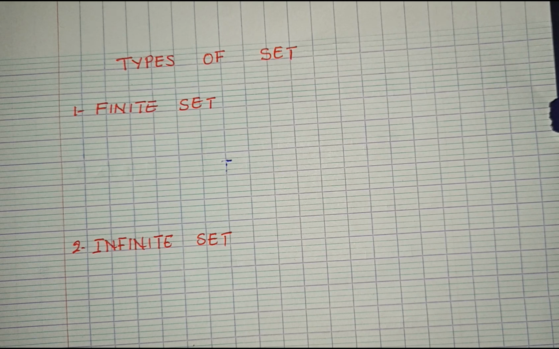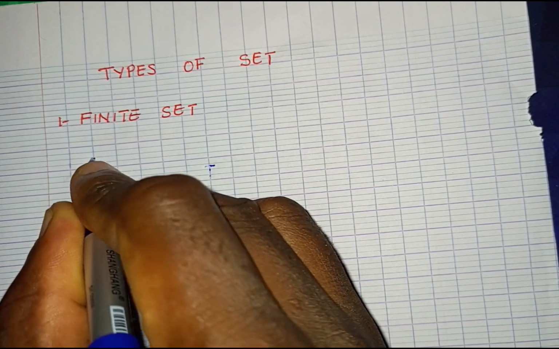To start with, we have the finite sets. What are the finite sets? How do we define it? In finite sets, a set in which the last member can be found. All the members of the finite sets are known, they can all be found, including the very last member of the set. So if I take set A,